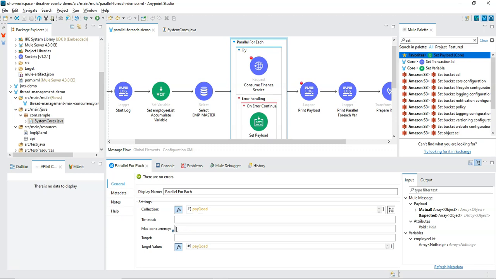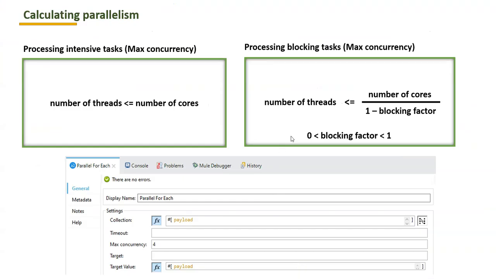If suppose I have blocking tasks inside a parallel for each, then we should provide the max concurrency as the number of threads less than or equal to the number of cores divided by 1 minus the blocking factor.